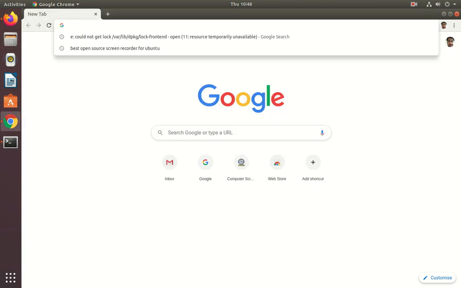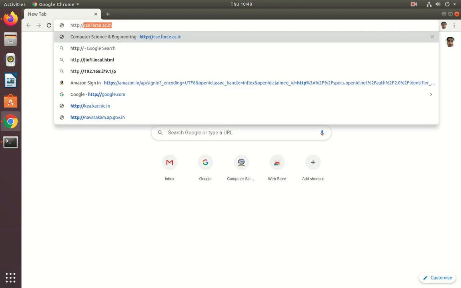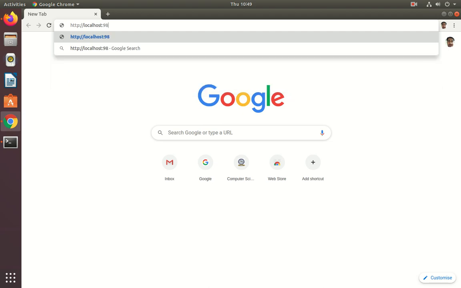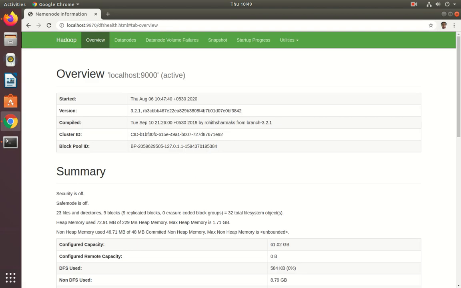Here for accessing the user interface, type http://localhost, or you can also type the IP address here, localhost or IP address, colon, the port number is 9870. Then we can observe the user interface here.